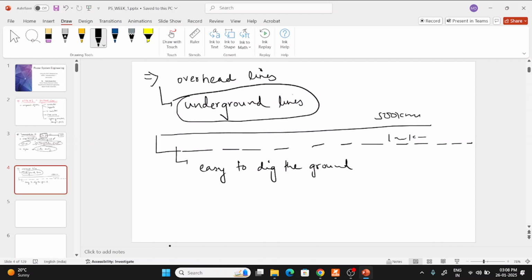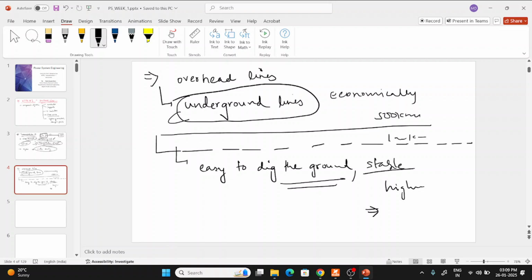Then there will be some places which are not stable for digging the ground. So basically it is one of the ways we can use underground cables, but it is not economically viable,